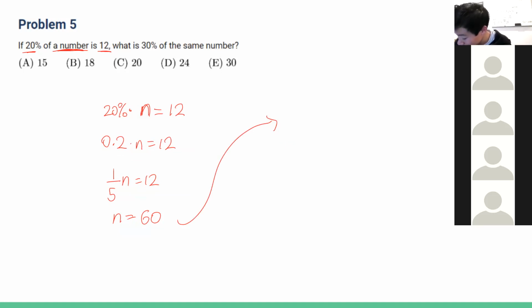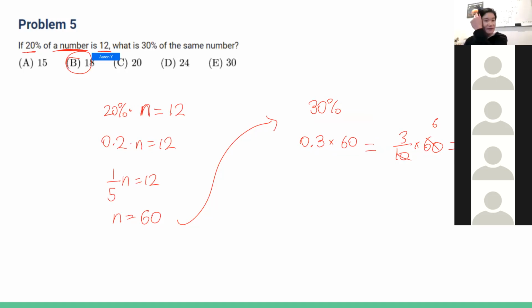So now we do 30% or 0.3 times 60 equals 3 over 10 times 60, which equals 18, right? This can cancel out to 6. 3 times 6 is 18. So that's our answer, 18. This one's pretty self-explanatory. You just have to recognize that we're trying to find an unknown number, and we already have this information, and we have this information. So usually they just skip straight to this, right? But this time we have an extra step. We have to find the number in the first place. So